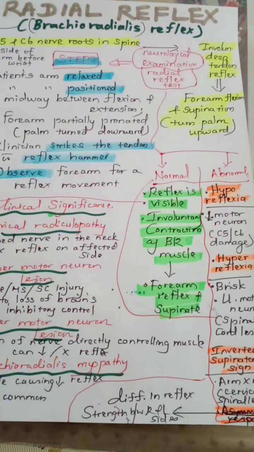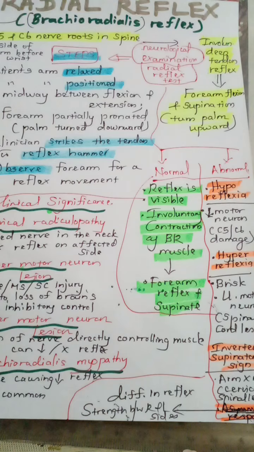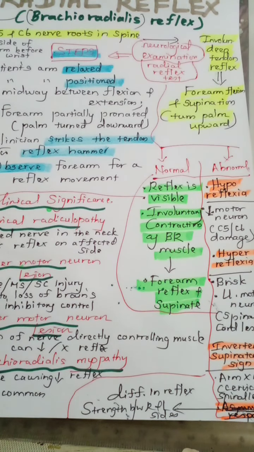So, the clinical significance of the radial reflex is observed in terms of cervical radiculopathy, or upper motor neuron lesion, or lower motor neuron lesion, or brachioradialis